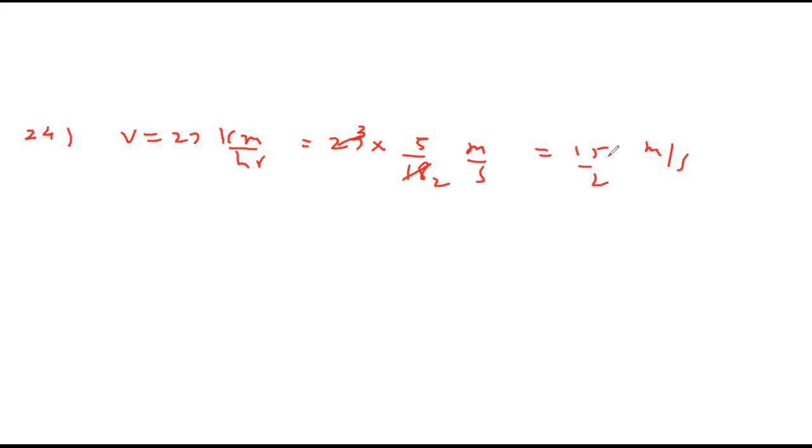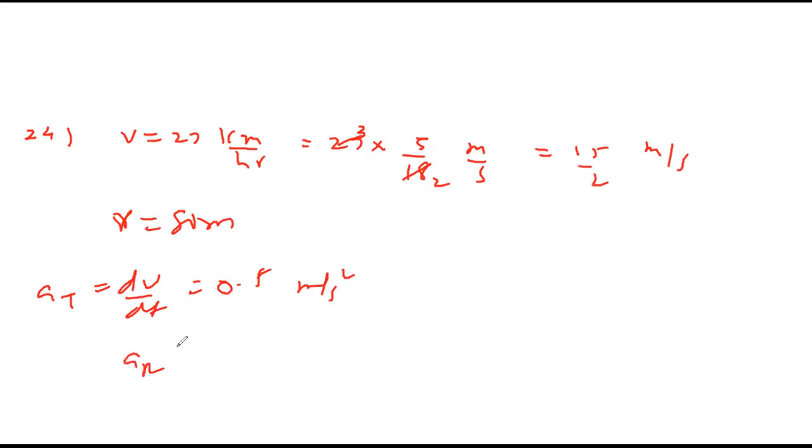As he approaches a circular turn on the road of radius 80 meter, he applies brake at the rate of 0.5 meter per second square, meaning the rate of change of speed. Find the net acceleration. So again, the body is taking a turn with decreasing speed. It has two accelerations, radial and tangential. Net is by Pythagoras theorem. So a_R is v square by R. That is 15 by 2 whole square, R is 80.